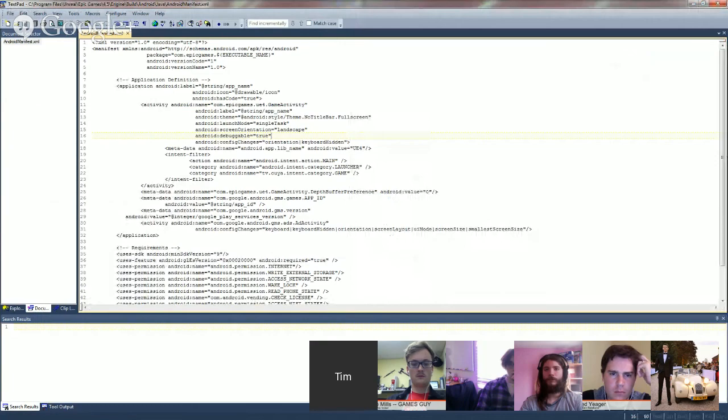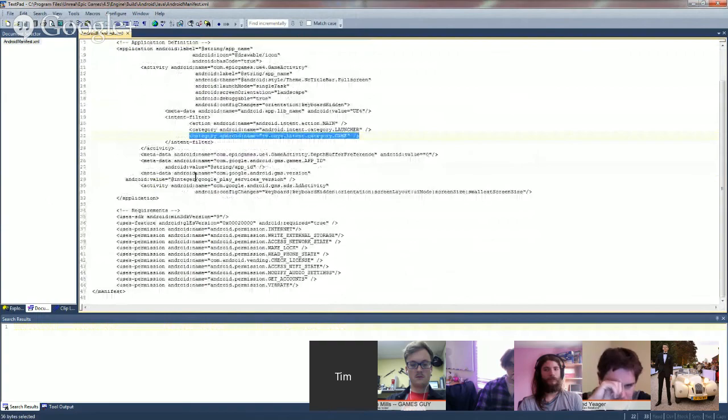So by default, they generate a package name like com.epicgames.executablename, and you'd actually just go and replace this with the package name that you're going to make in the developer portal. Yeah, so that just goes there. I went and added the game category to the intent filters here so that your Unreal game shows in the play section. And then other than that,